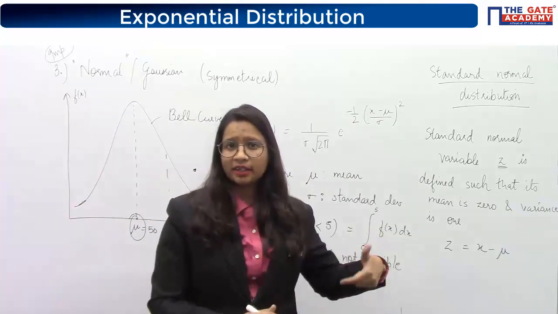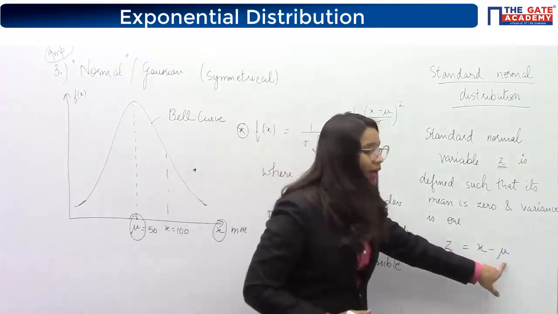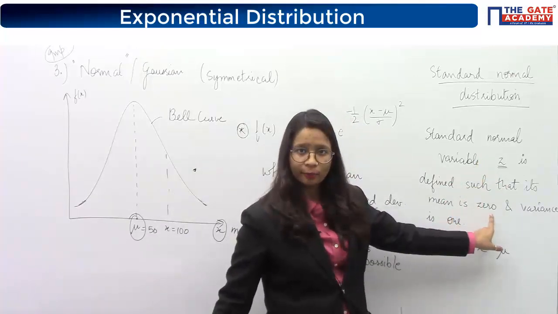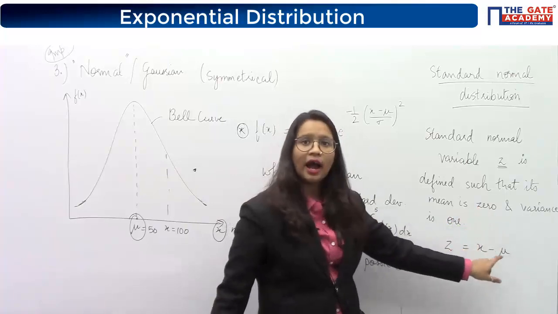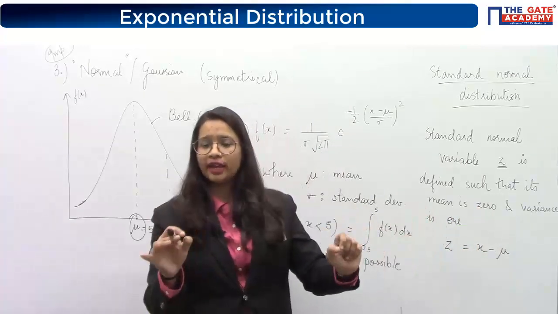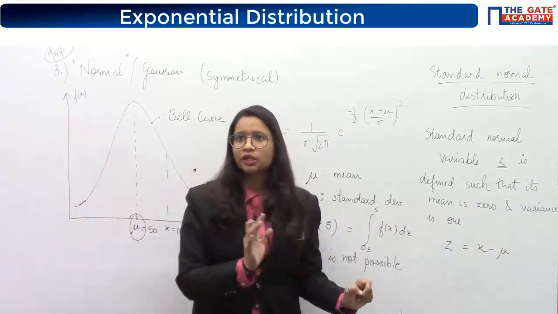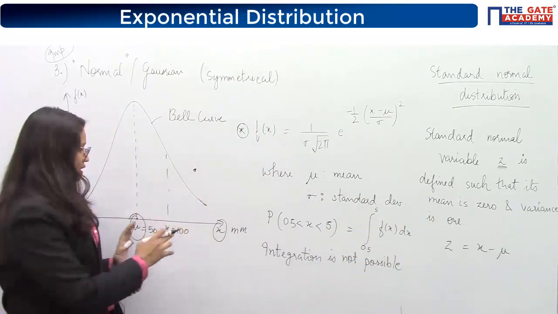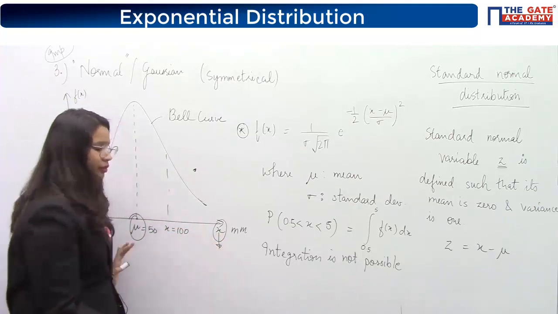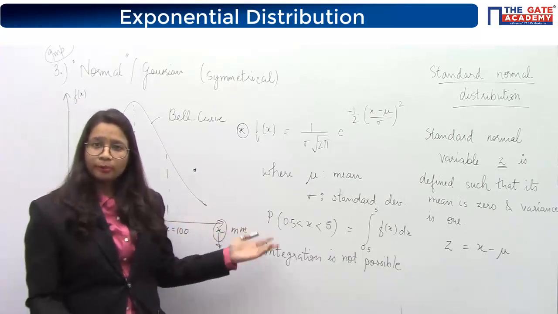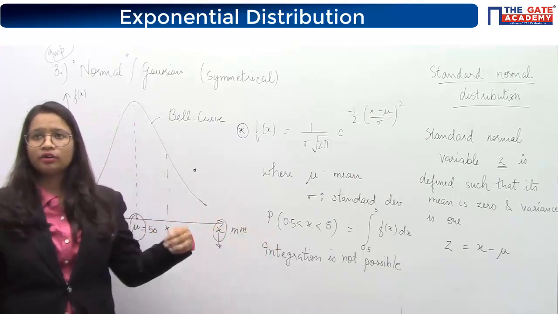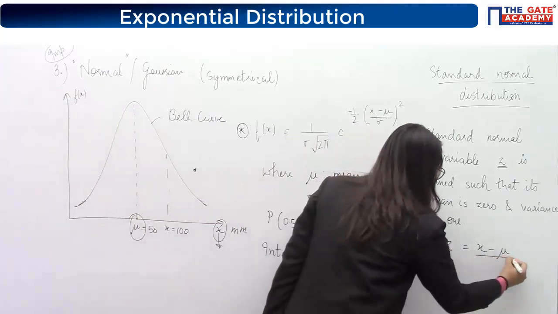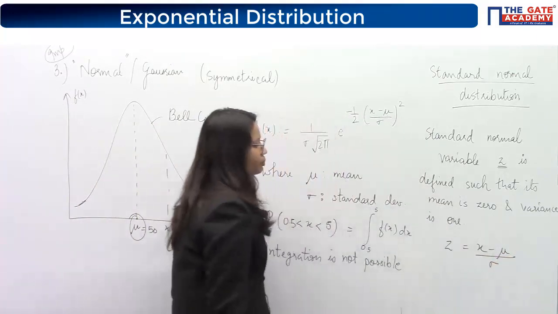Why have I subtracted the mean? What is mu here? Mean of x, not mean of z. Mean of z is already defined as 0. To make its mean 0, I will subtract mu from every value of x so that its mean comes out to be 0. Okay? This x is defined from minus infinity to infinity because it is a normal variable, so it can take negative values also. Okay? Now if its variance is to be 1,